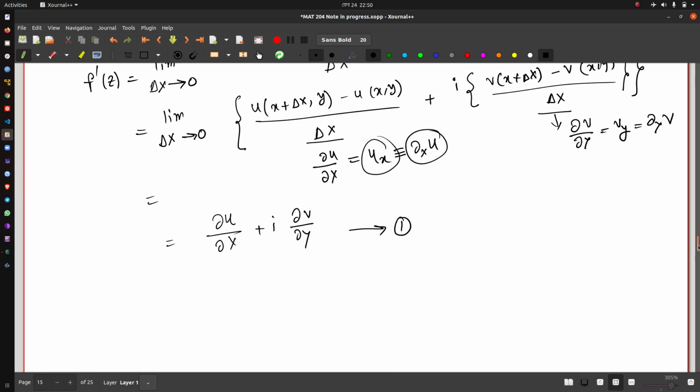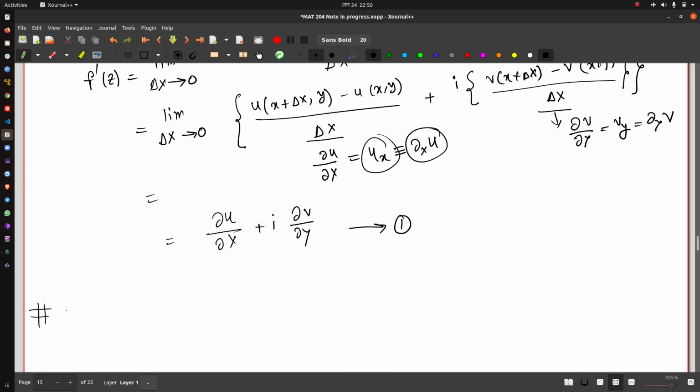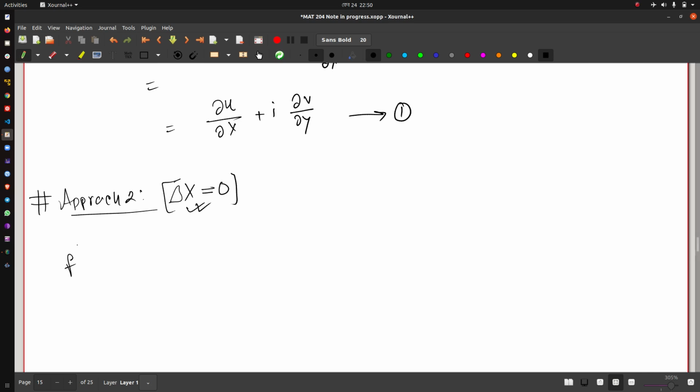But now what we want to do is change, this is approach 2, so let's write that first. That means now we are changing our direction, approach 2. In this approach, we don't make any change in x, we only make changes in y. So we are taking a route, or so to say, we are changing things along the imaginary axis, and for that we are getting del x equals 0, but del y is still changing. So now f prime of z